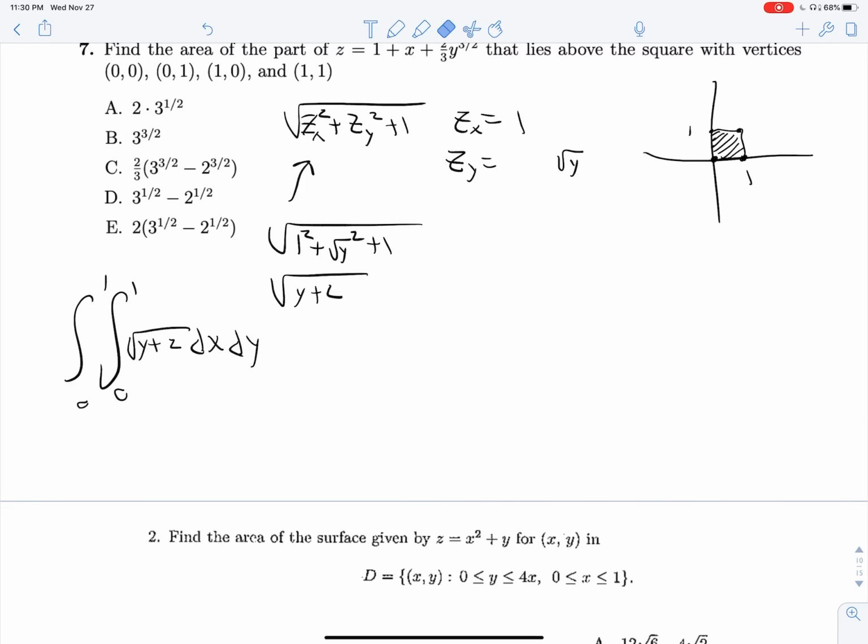And this is great because we're not dependent on x at all. So all this integral is going to do is just multiply the whole thing by 1. So we're left with a single integral. This feels like Calc 1. This is going to be equal to